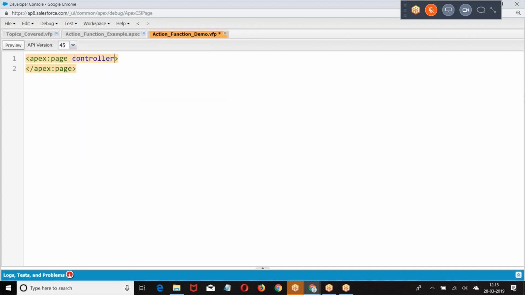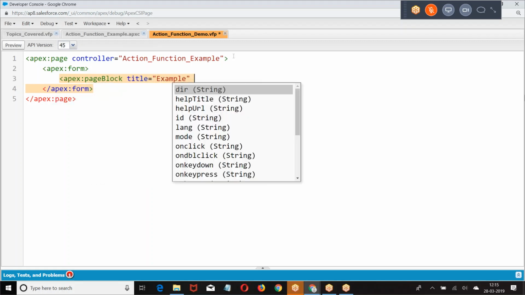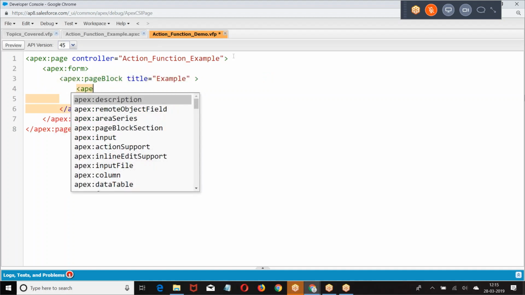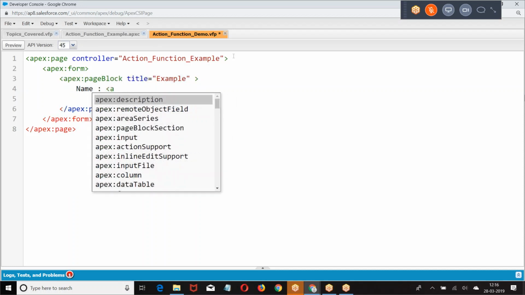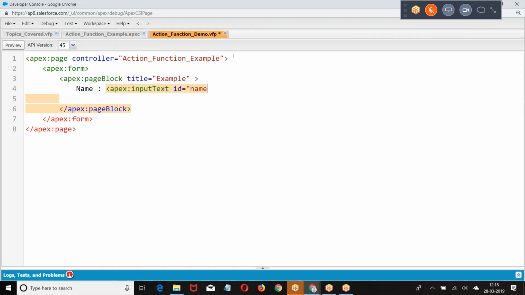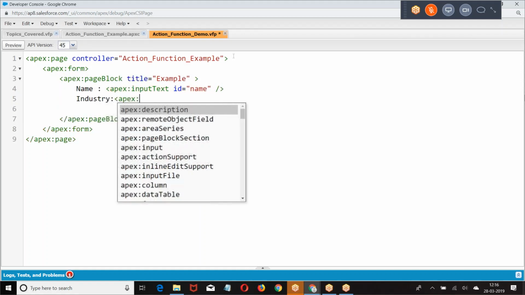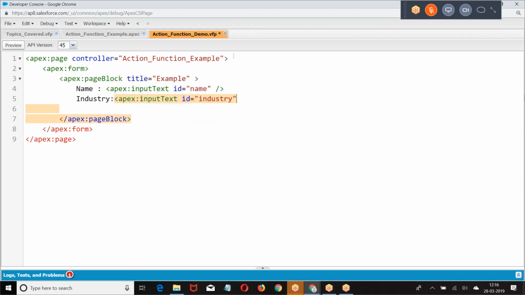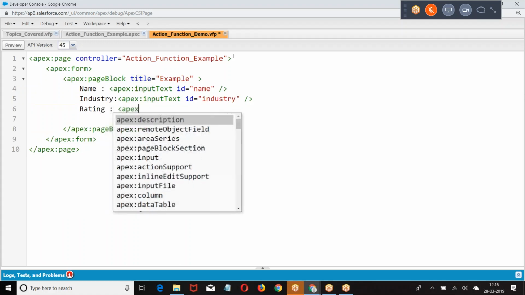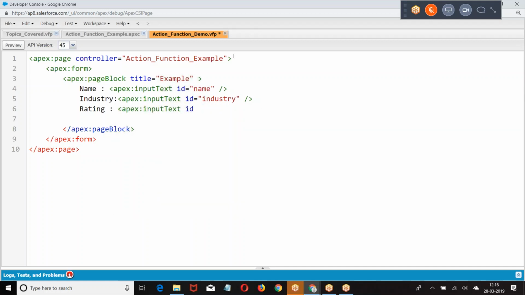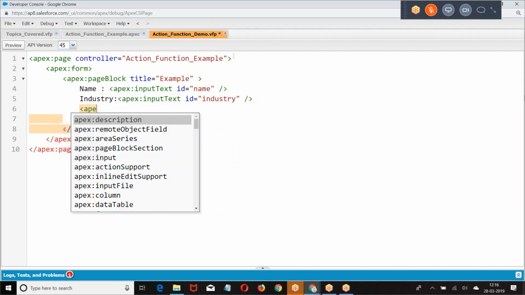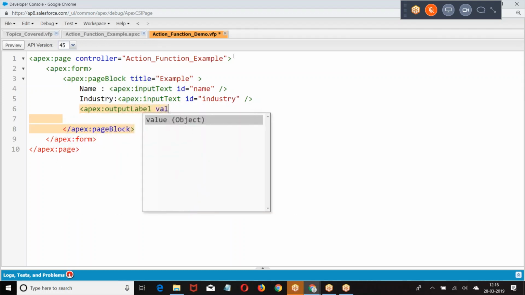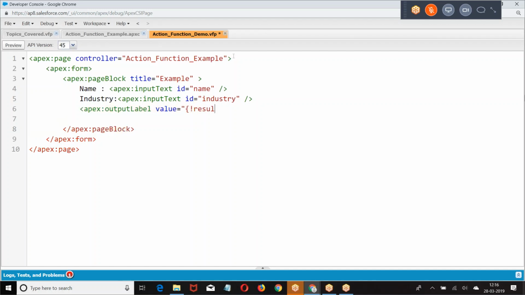So let us see this. Input text. Text. I was giving this basic example.